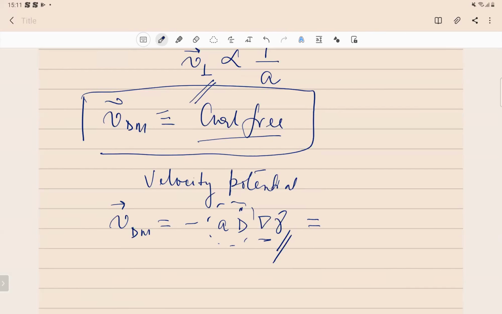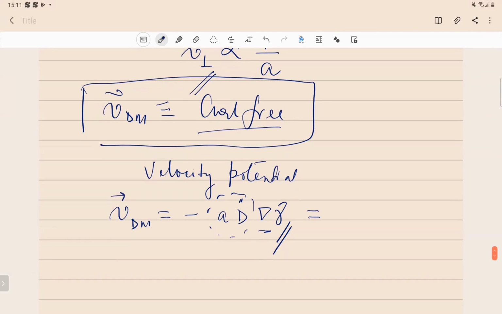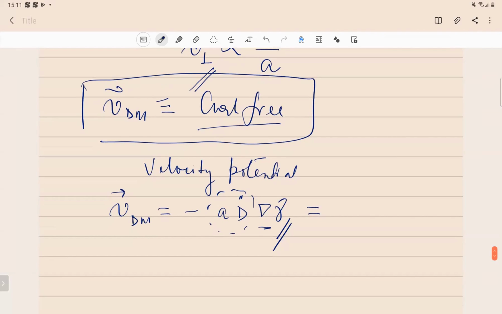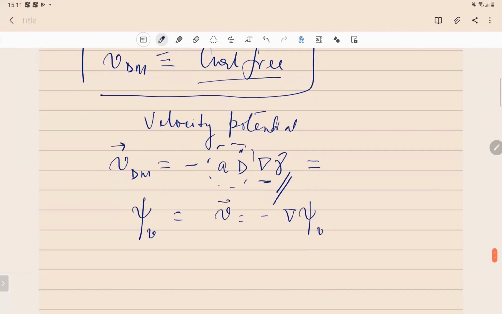So what will that formal solution be? So this entire quantity we call psi velocity. So we just write this velocity as minus the grad psi velocity, and then you can just talk of